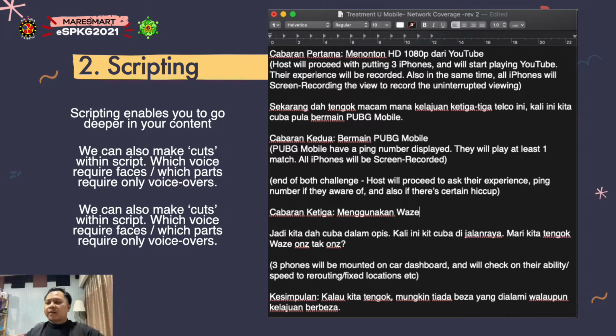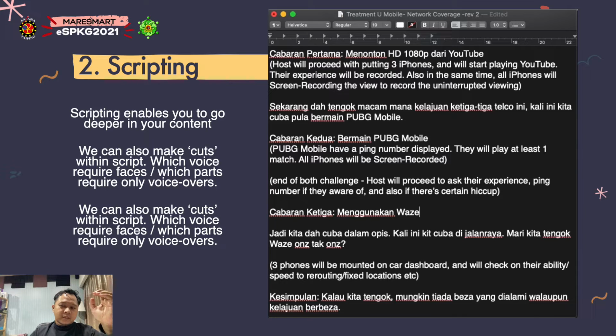And then in between, she will look at the phone and read the script, but at the same time, if she doesn't see the script, she will say, oh, this phone has a lot of cameras, these are the three identical cameras, it's waterproof and so on, but her face will not be recorded in the video. So that's how important a script is. That's what I mean by we can also make cuts within the script. Again, which part is important, which part is not.